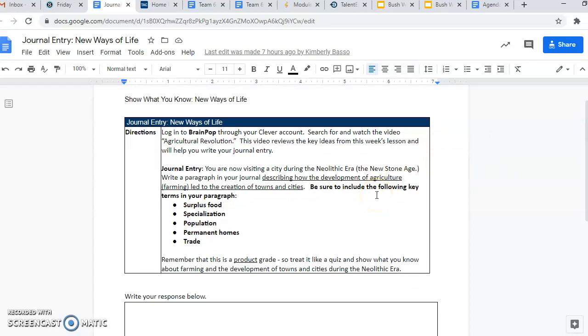And once again, students are describing how the development of agriculture or the development of farming led to the creation of larger towns and cities, what it allowed people to do that they otherwise couldn't have done when they were hunters and gatherers. And so all of this information for this learning set, the New Ways of Life, including the discussion posts, the reading guide, the quick check, and the journal, will be due to me by Sunday evening. Sunday is the 25th. If you have any questions as you go to work on this information on Friday, please feel free to reach out to me via email.